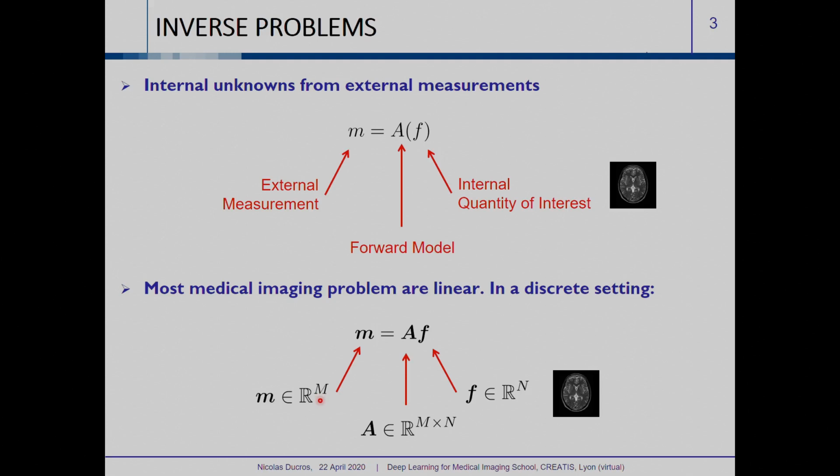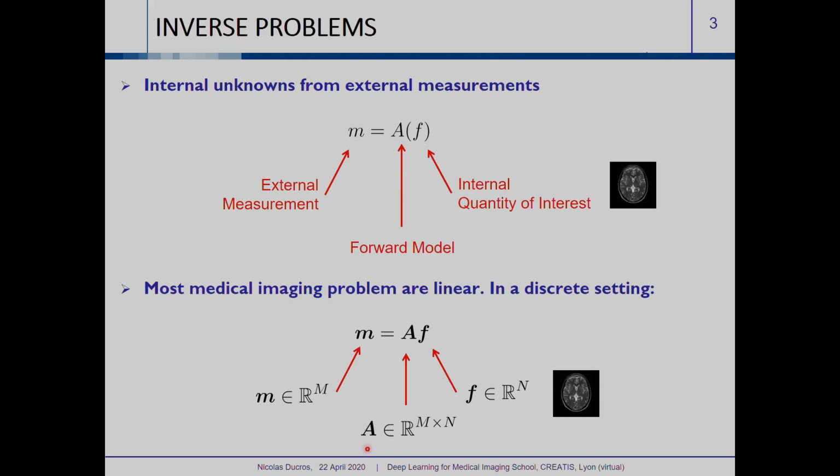So for instance in CT, if we have a detector with a given number of pixels, and we observe the sample under a certain number of views, then the number of measurements, capital M here, is the number of pixels of the detector times the number of views. Okay, it's basically the number of measurements